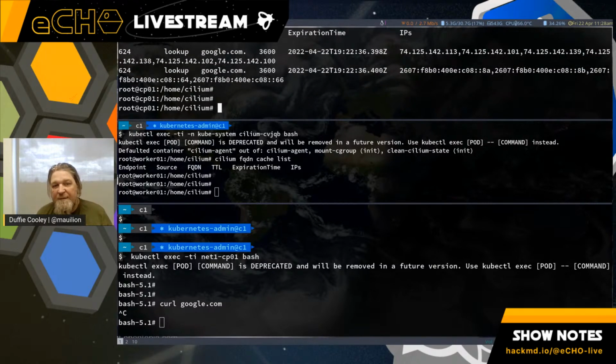So what that means is, to make use of FQDN policy, you definitely have to enable some mechanism for us to observe the DNS request and record it. Once we actually record it, we're going to keep that record around for 3,600 seconds by default, which is an hour. That's a tunable flag, and we're going to tune it here in a second.